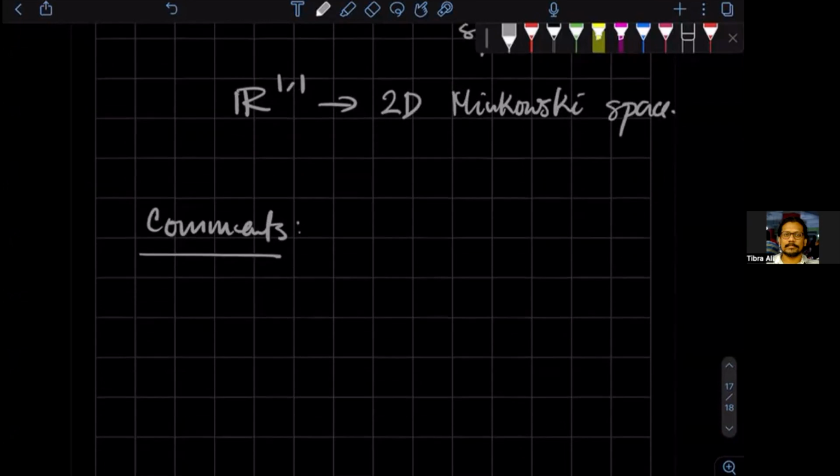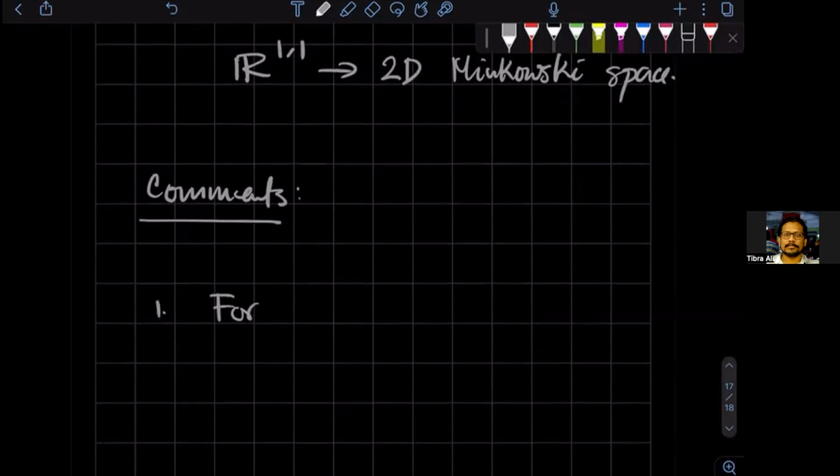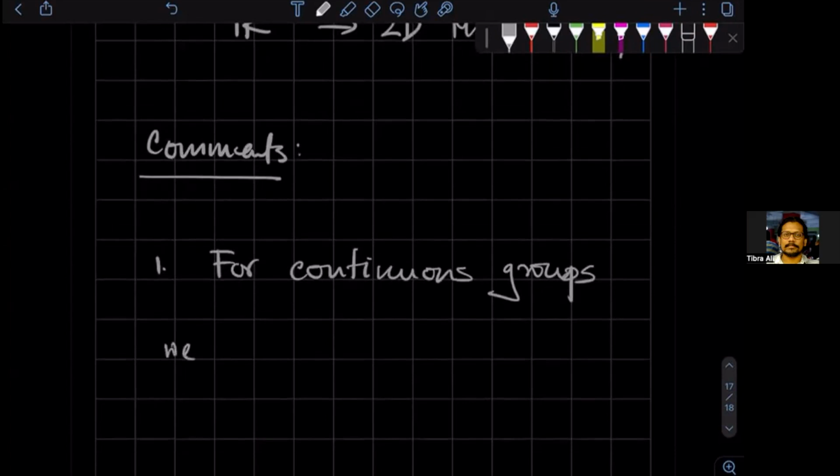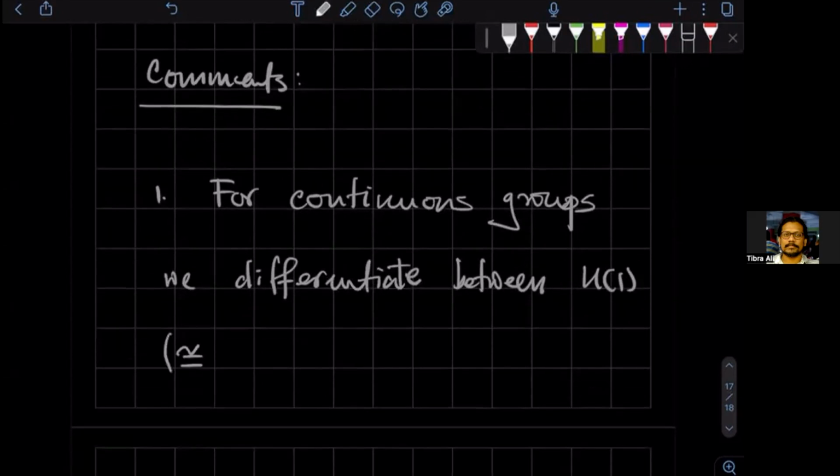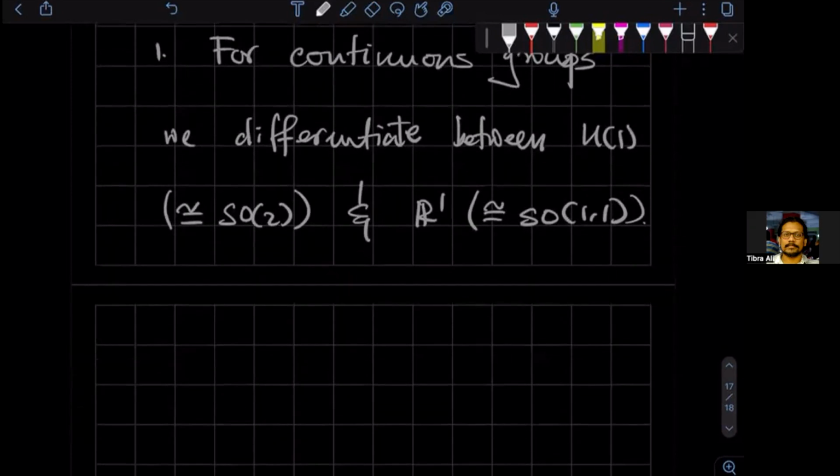Number one is that for continuous groups, we differentiate, say, between U1, which is isomorphic to SO2, and say R1, which is isomorphic to SO1,1. Okay. In other words,